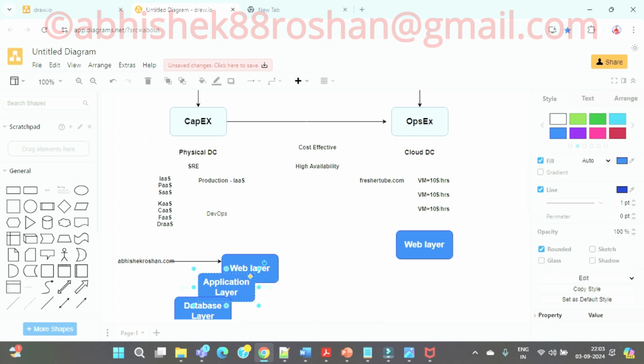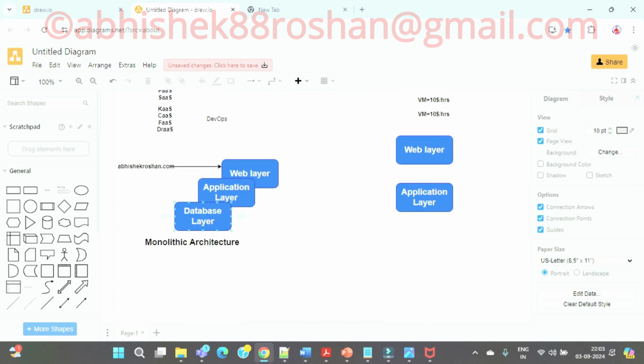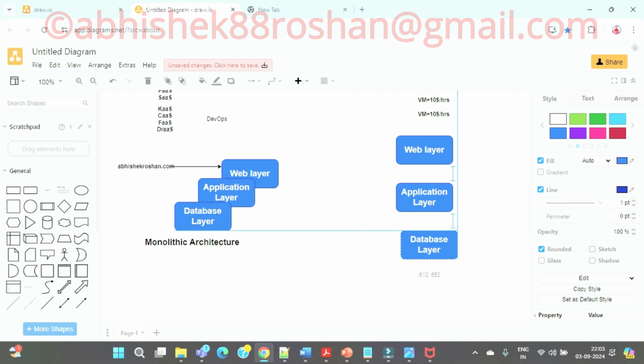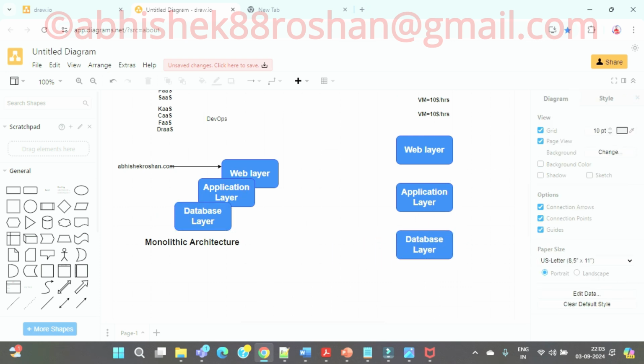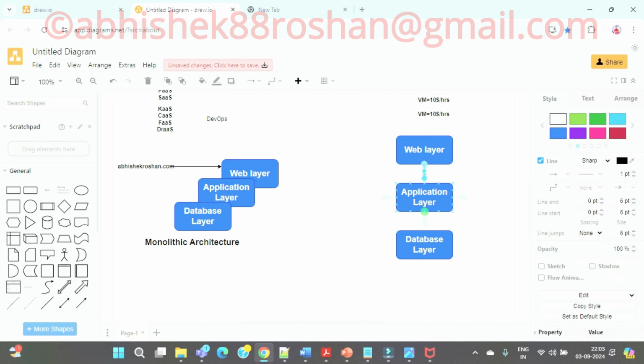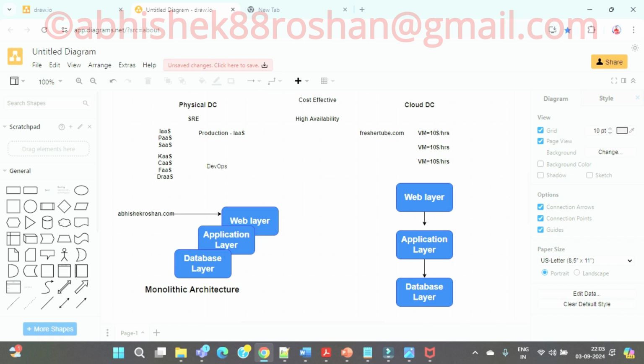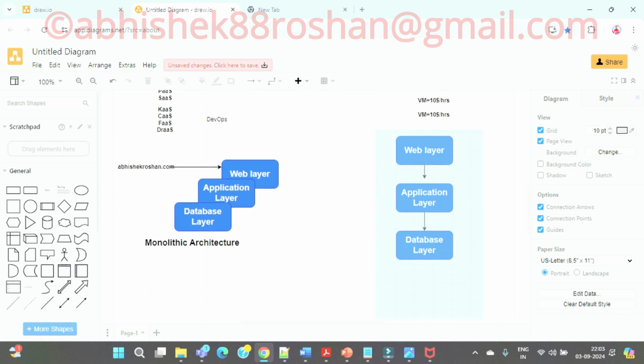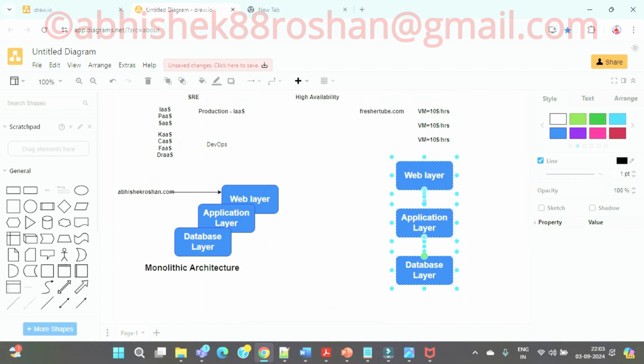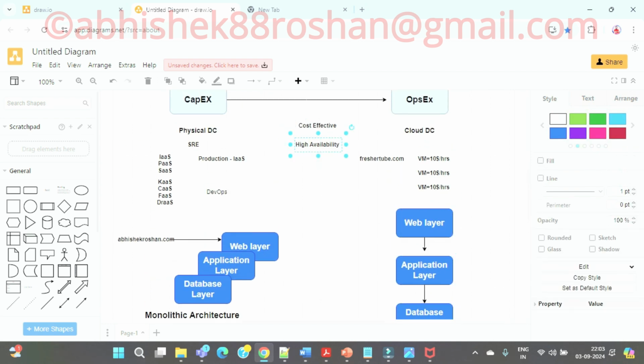Whether your web layer, your application layer, and your database layer, if this layer has to communicate with the application layer, or the application layer has to communicate with the database layer. But the major thing here is that this is a three-tier architecture, guys, where for each server there is high availability. What is that high availability? That is what is called your zones. Zone 1, zone 2, zone 3, and that is what is called an availability zone.